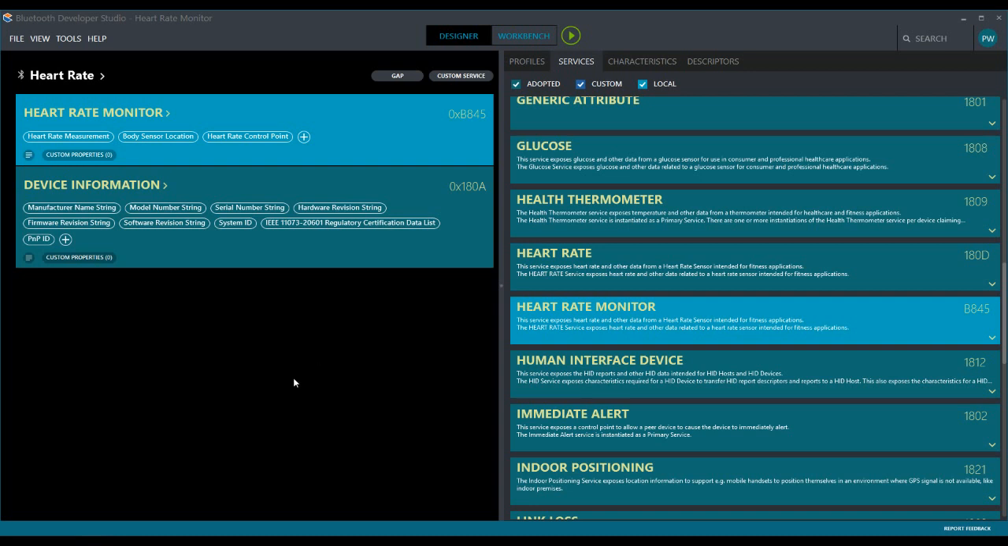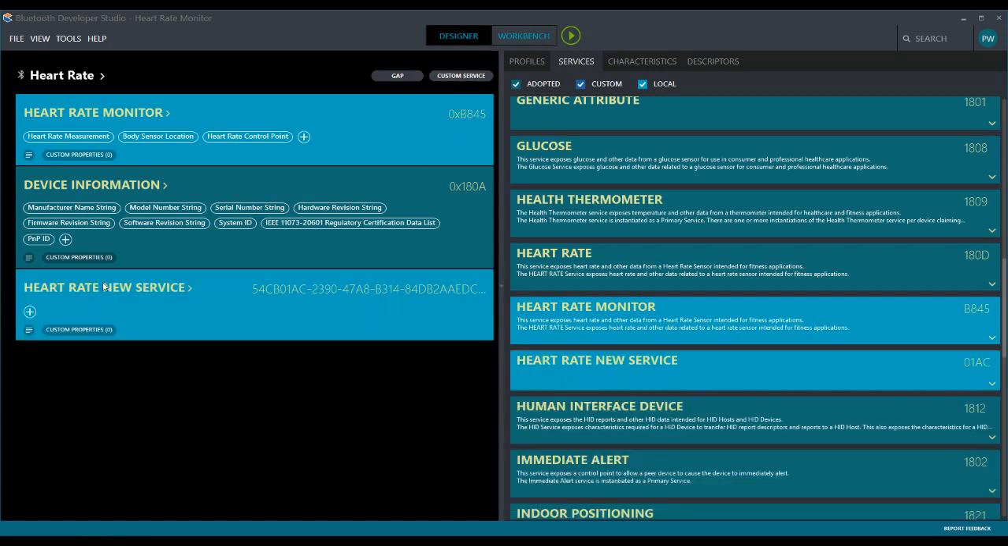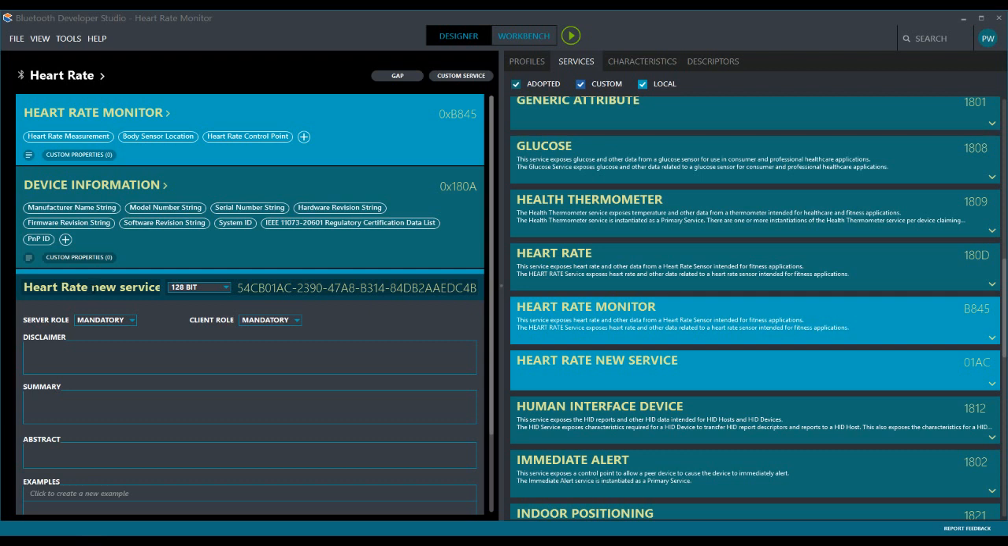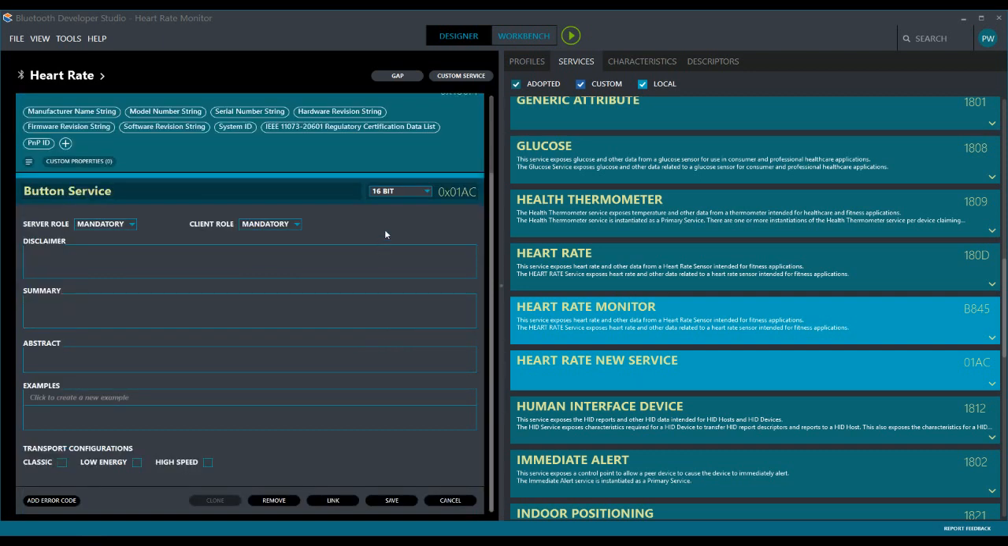What about if I wanted to generate something entirely new? Can I add a custom service to this? So you notice here I've added this brand new service. It's popped up in here. What else would I like to do with my heart rate monitor? Well, I'd like to add a button to my heart rate monitor. So I'm going to call this one button service. I'll make sure that the UUID is set to 16-bit so that it uses the base UUID. And then I can add in a little bit of information